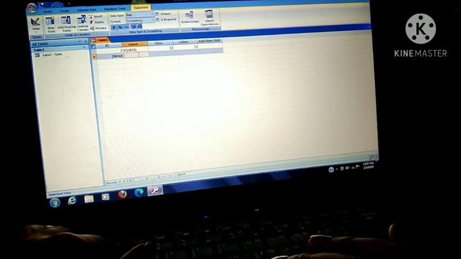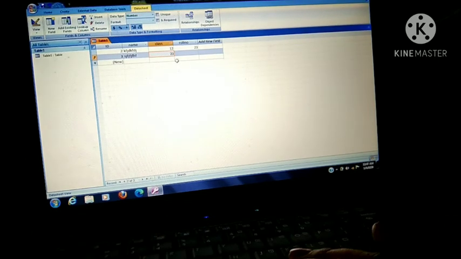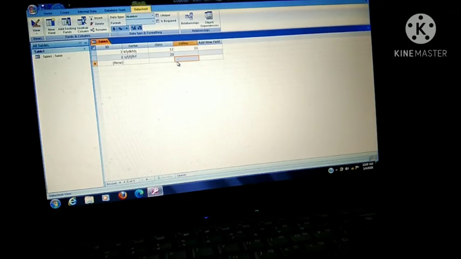Here I am writing with the Number data type. If you choose Number, it will not accept text there. But if you choose the Text data type and in that field you enter a number, Text will accept it, but the Number data type will not accept any text value. Okay, now in this manner you will do all the entries here.